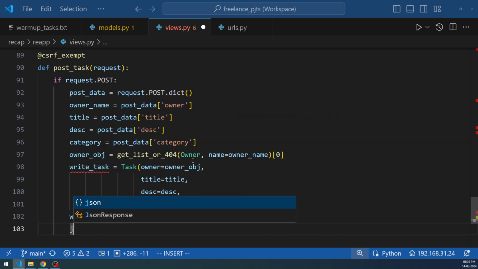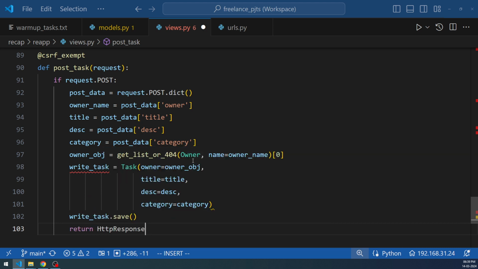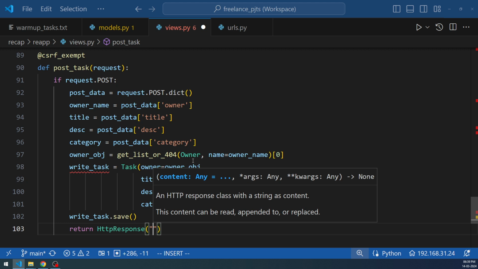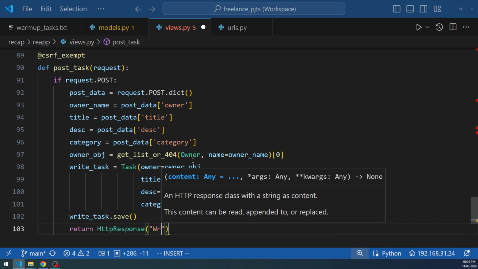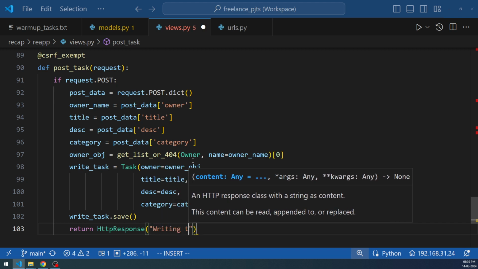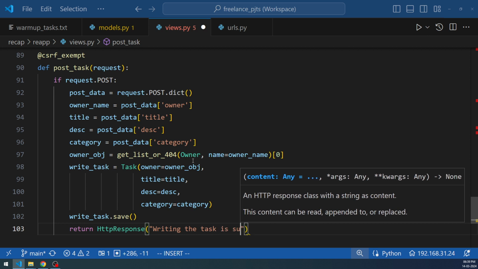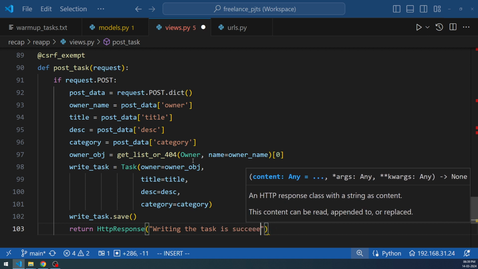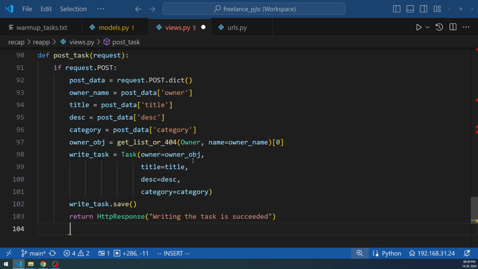Once that is done, I'm going to return a response. So return HTTP response, writing the task is succeeded, right? It has succeeded. If there is an issue with any of these things, if the request.post itself fails, then